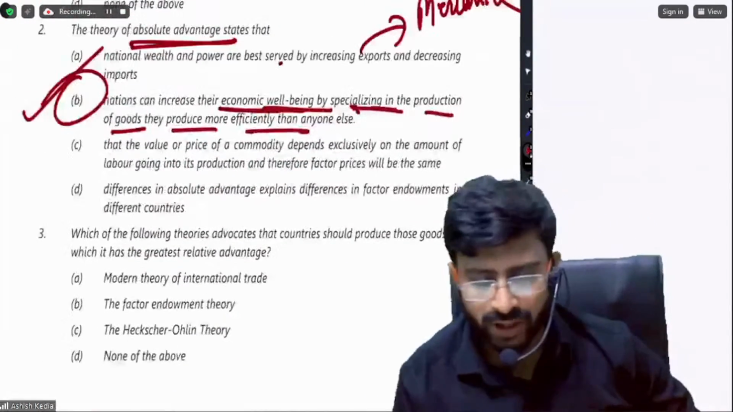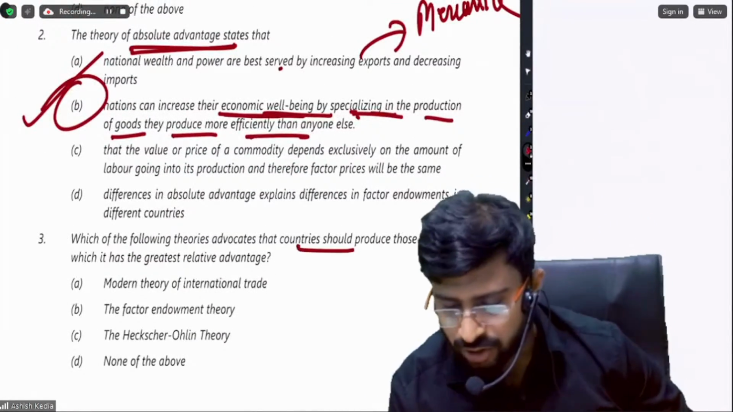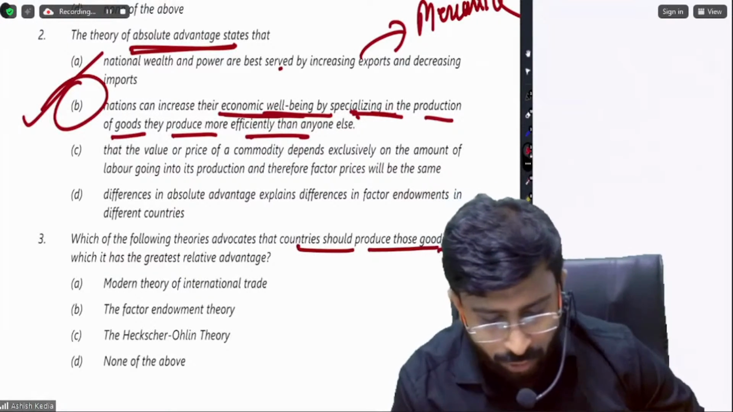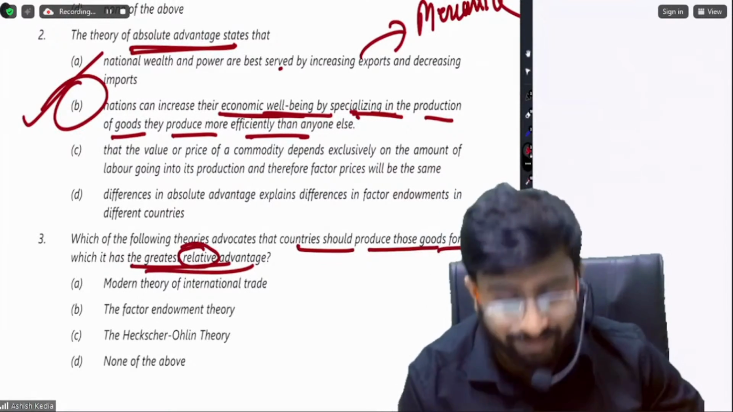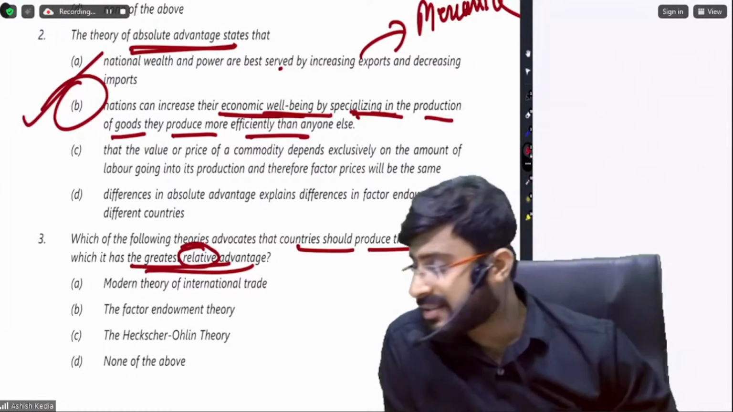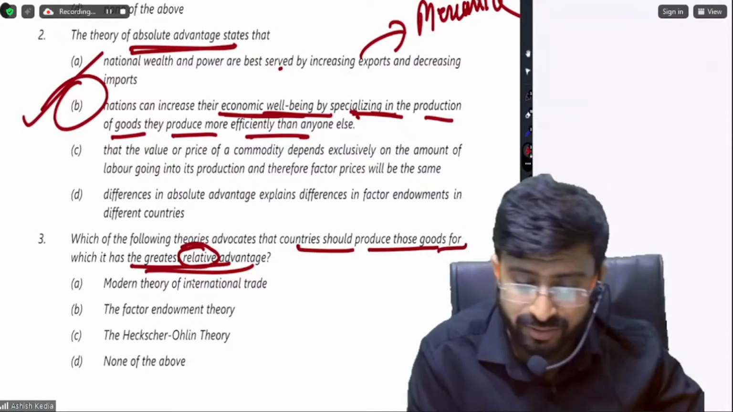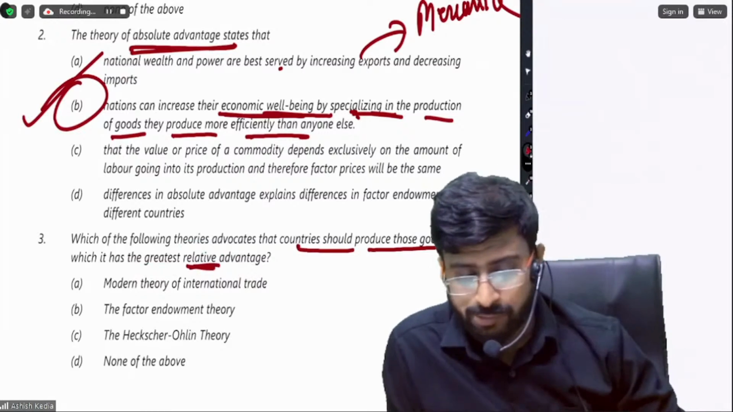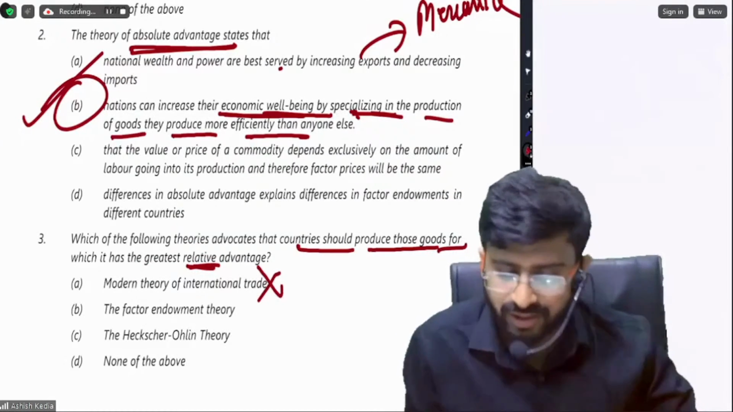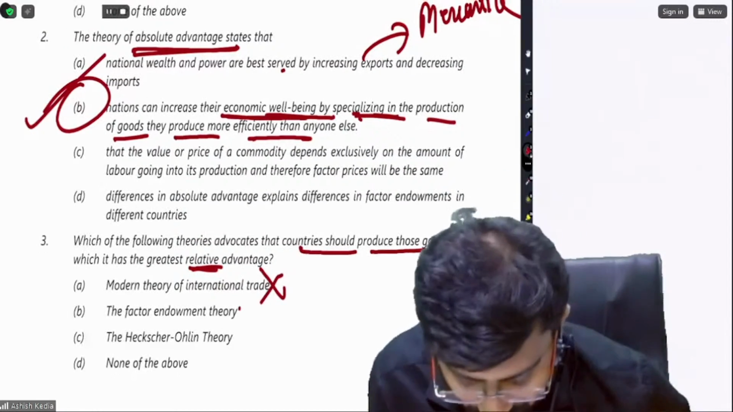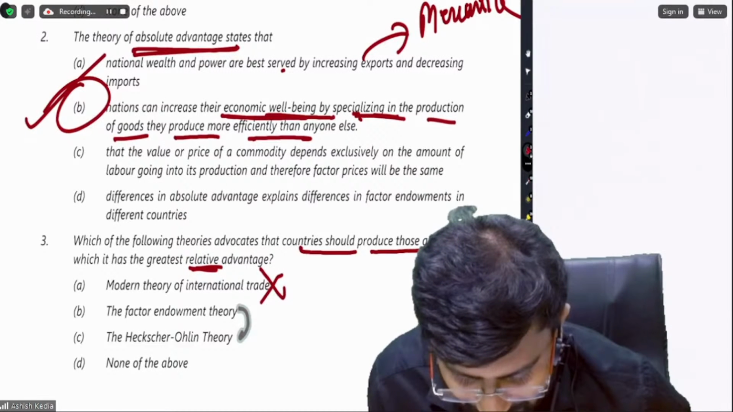Which of the following theories advocates that countries should produce those goods for which they have the greatest relative advantage? Greatest relative advantage. Friends, modern theory doesn't say this. Factor endowment theory is nothing but another name for Heckscher-Ohlin theory only. So no, no. Answer is none of the above. Had there been comparative advantage theory, etc., then we would have